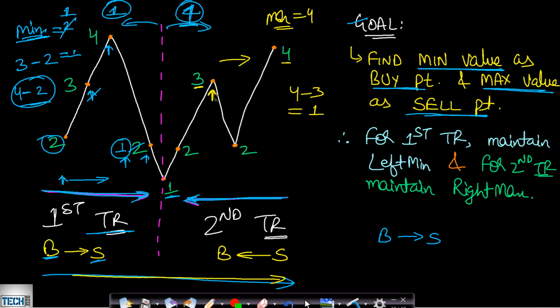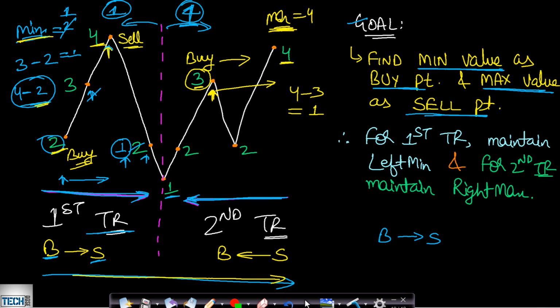So in this case, when we are at a given point, then that given point is taken as a buying point, and the previously calculated maximum value will be the selling point, because we can sell at a later time on a time frame. And on the left hand side transaction, when we are at a given point, then that point will be considered as a selling point and not as a buying point, and the previously calculated minimum value will be equal to our buying point. Okay, so this is the difference. Now since we were maintaining minimum value on the left transaction, we will be maintaining maximum value for the right transaction. I hope you now understood why we are maintaining minimum value for left transaction and maximum value for right transaction.